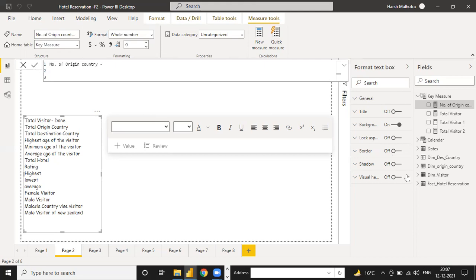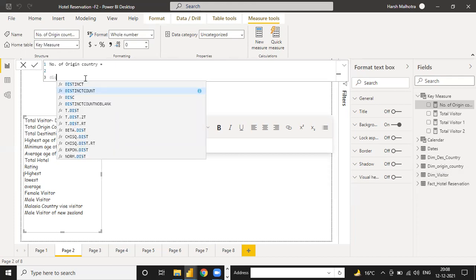In the origin column we don't have any repeated value, only unique values. So if you use count and distinct count there, both give the same value. But if you calculate count or distinct count in the fact table, meaning the total transaction table, then you get a different value. So that is the reason.